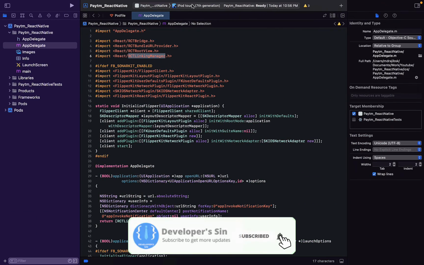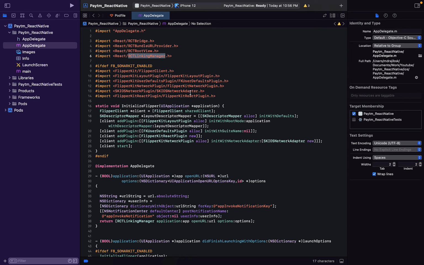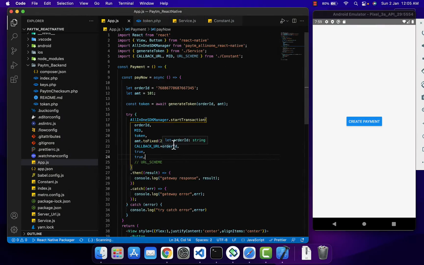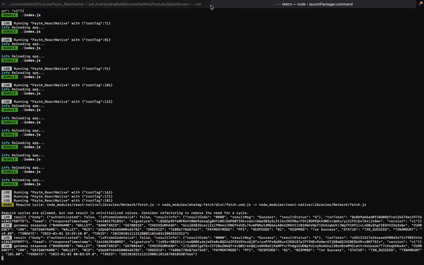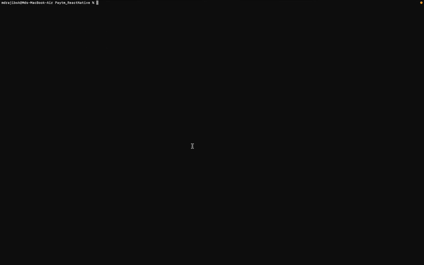We already added the things that are required for the iOS, like this one and URL types and this thing as well, and now we're going to run the iOS using the terminal. So for the iOS, first you need to go to the iOS folder and run this thing,